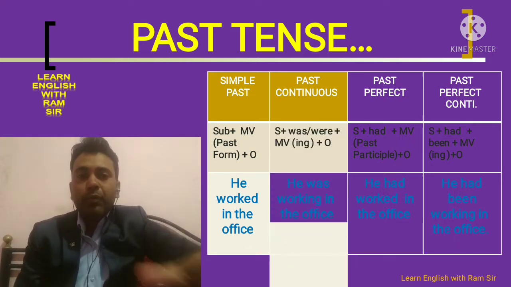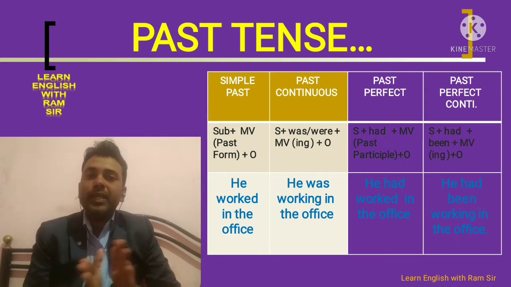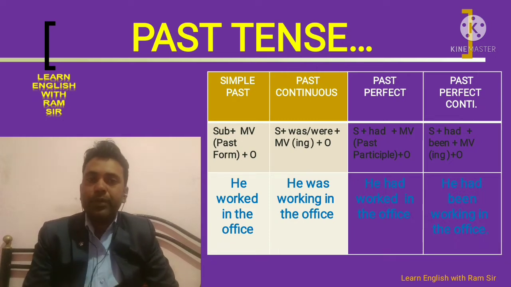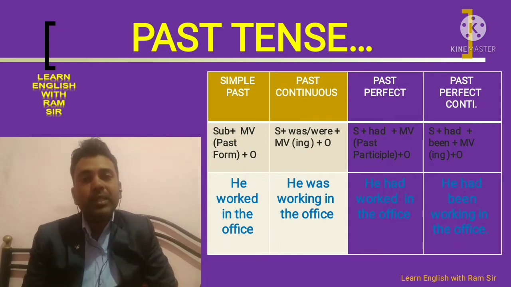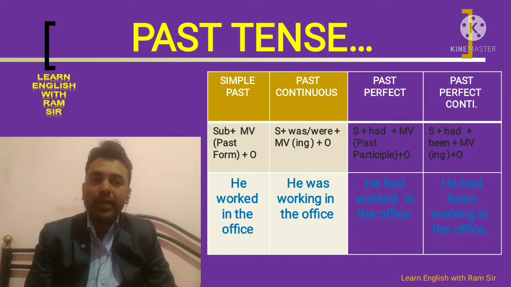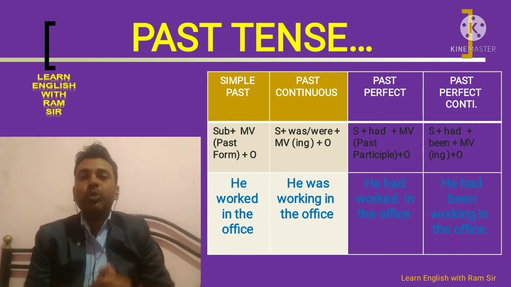So when you are utilizing this particular structure, definitely you will get the answer that when you are going to convert the statement I worked in the office, at that time you have to use I was working in the office. So in this way you have to convert the statement. It's a very simple kind of structure. You have to use subject plus was or were, plus the main verb, plus you have to add its ing form, and afterward, remember, you have to put the remaining part of the statement which is